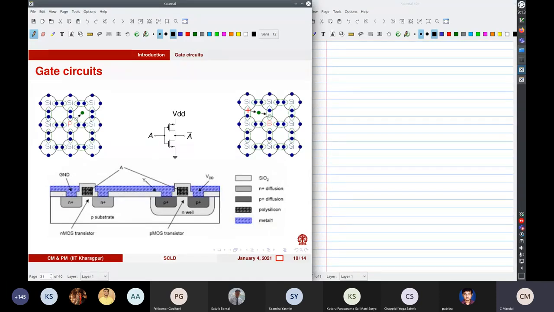As we said earlier, we will not be dwelling too much on circuits, but you should have some knowledge of circuits. That is why we are dealing with these at the beginning of the semester, so that you have some knowledge of how these things work. So first of all,